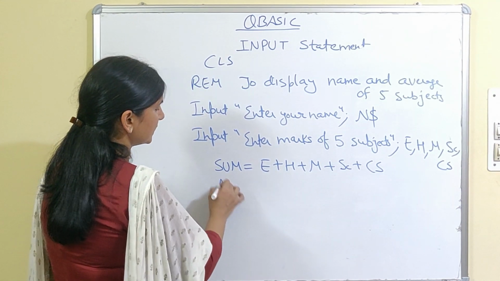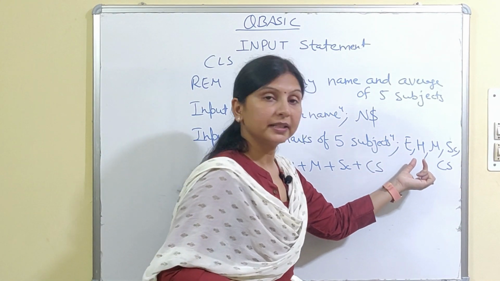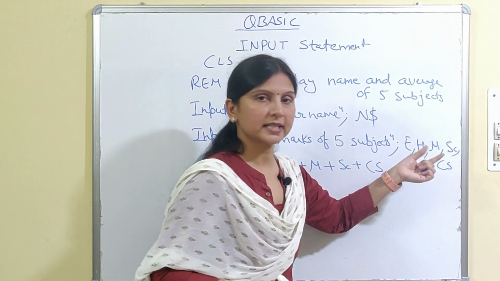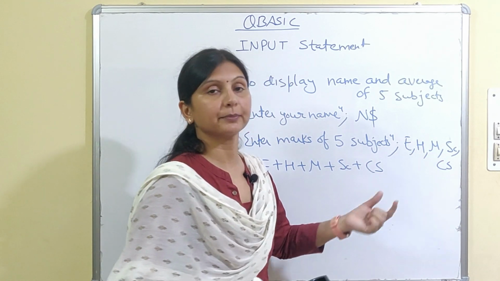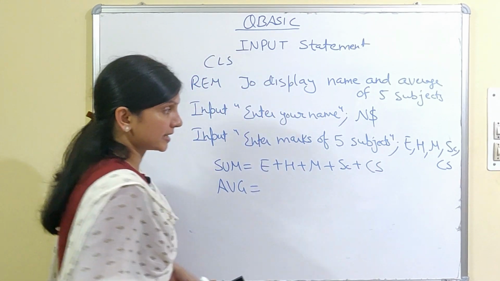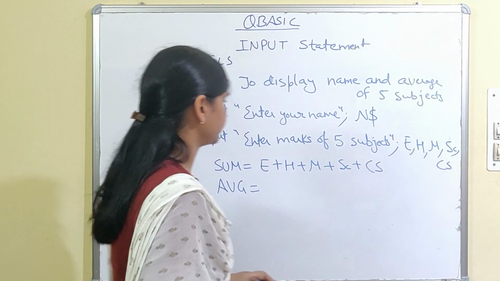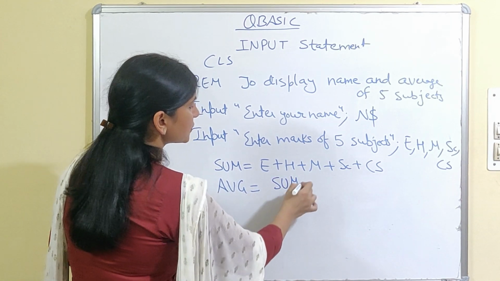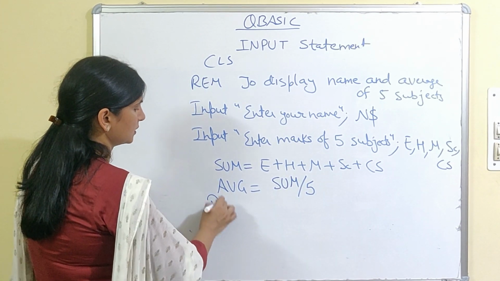Then you will calculate the average. If you have taken a variable in capital, you have to continue with capital. If C is small, S capital, you have to maintain that. You cannot write SC in capital both. Fine, you have to be careful in this, otherwise it will be wrong. CS, both you have taken capital, so CS will be capital only. Fine. Average. How will you calculate average? Sum by 5.